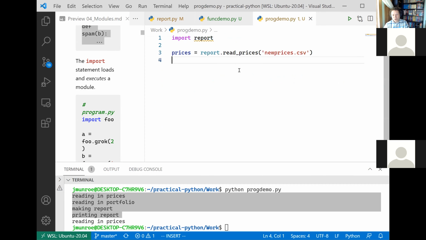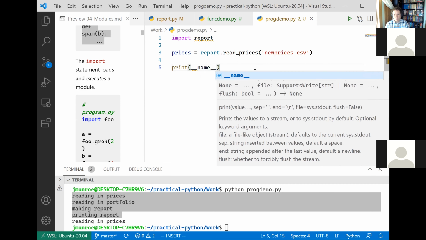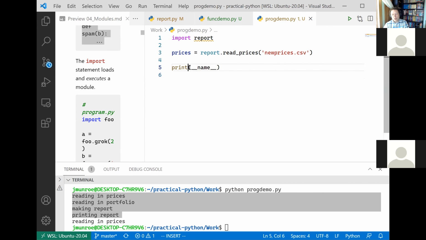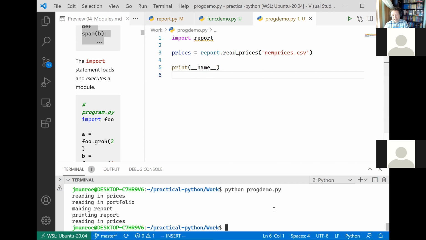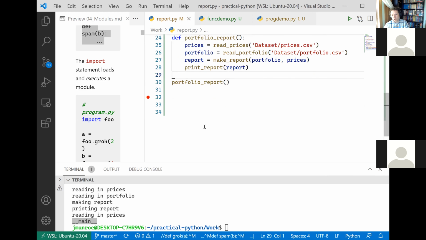All modules, all programs have a concept of a new hidden variable called __name__. This variable is defined for every module, every .py file you read in. So I'm just going to show you what that is by running this program. And you can see that when I run this program, it says __name__ has the value of __main__. If I put that same line of code into this module,